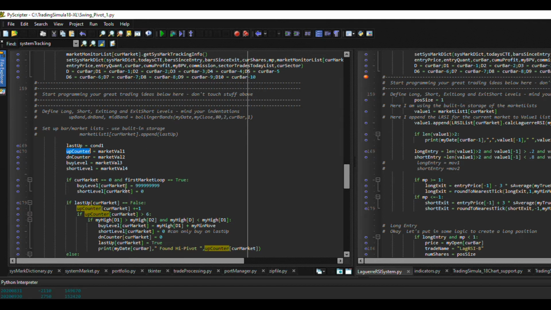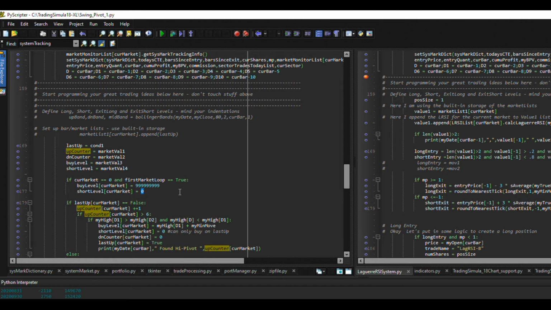Okay, so the first thing I want to do, and we won't go over every piece of logic, if it's the very first time in the loop, the very first time we enter the market, I'm going to set my buy level to some extremely high number so it won't buy, and I'm going to set my short level to 0 so it won't short. Now,